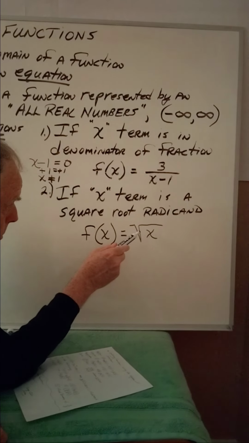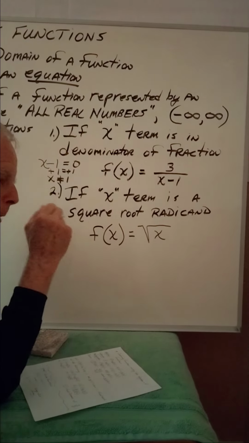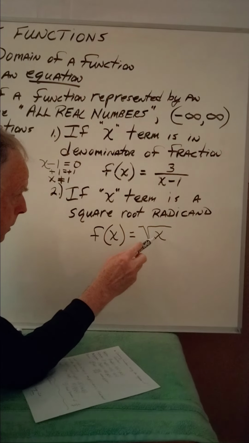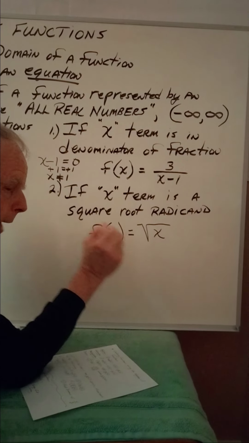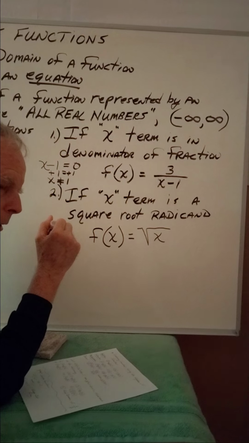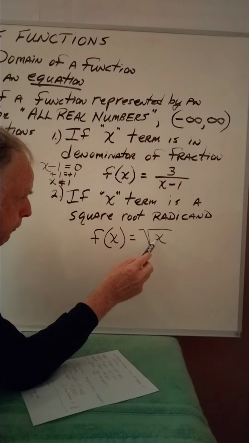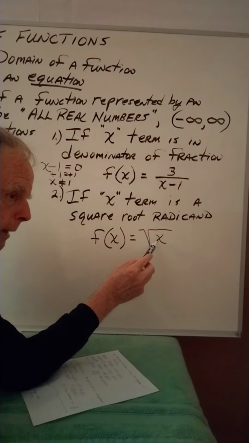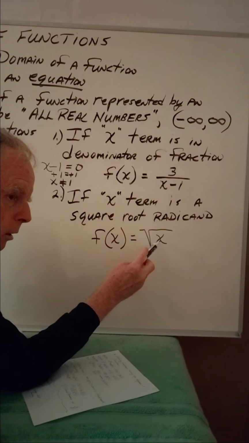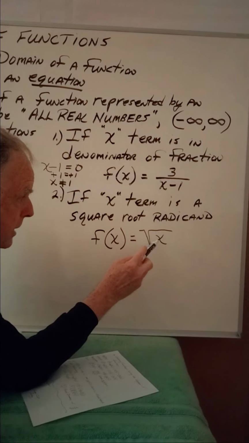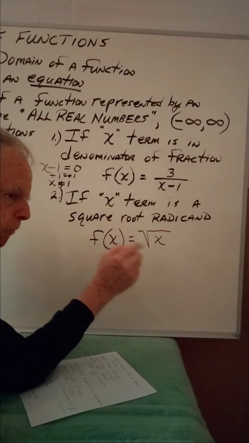Remembering back to this symbol right here, this radical sign, this square root symbol. In order for this radical to be defined for the set of real numbers, the radicand cannot be negative. There is no real number square root if the x, or if the domain, is a negative number. If x is a negative 4,